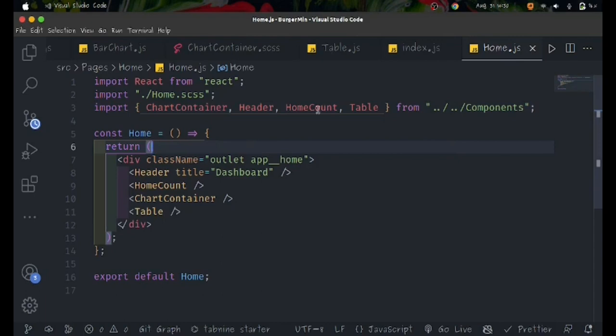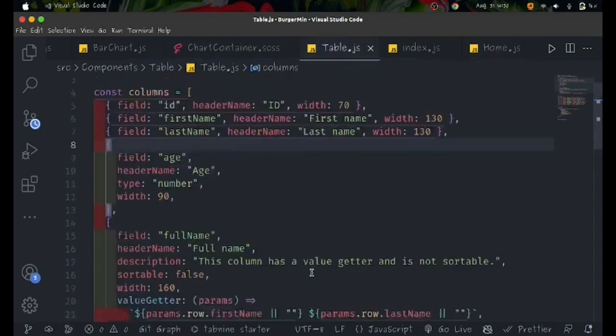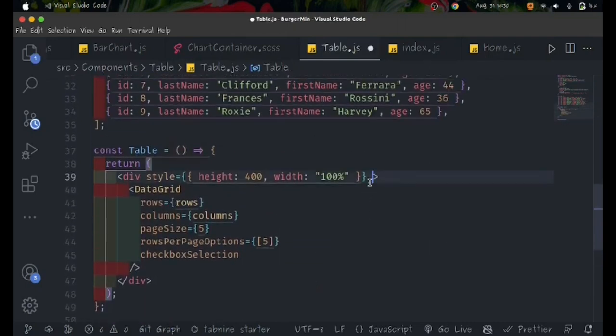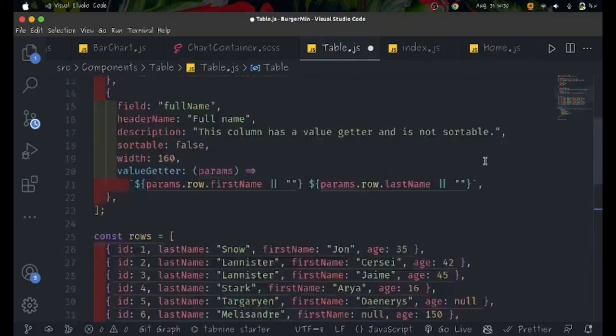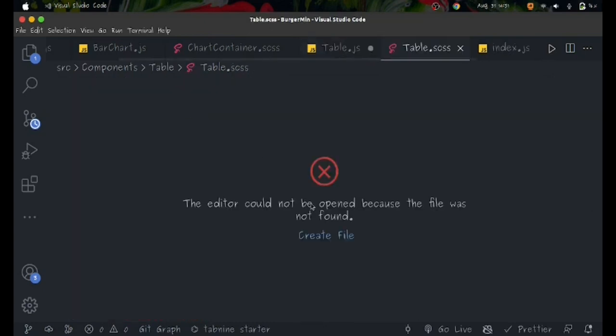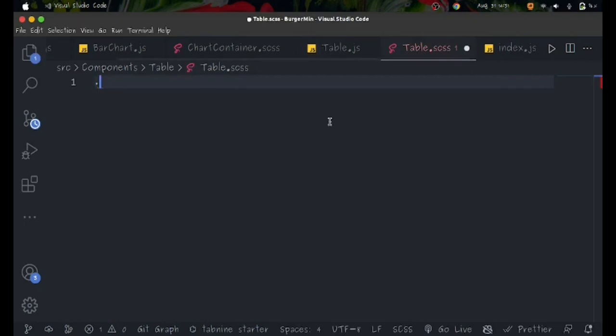So if I close this terminal and I go to this other terminal here, it is still compiling my code. I can now go back inside of this table page here, and I can also give this one some className to be equals to table, and I'm going to also import its SCSS, which is going to be table.scss. Let me create the file,